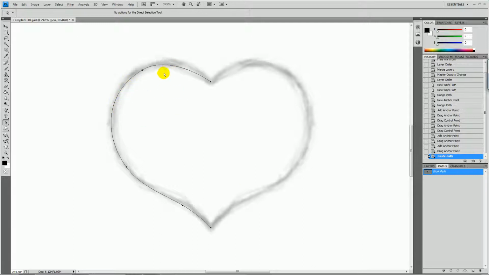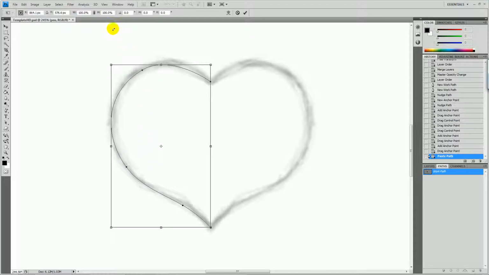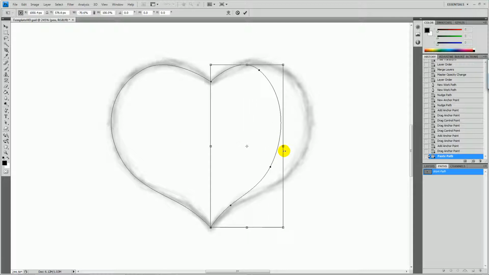You wouldn't see anything because it's just on top. So all we have to do is right click and click free transform path. That's the way I know. Maybe if you're professional, you have an easier way. I'm going to click on this one, I'm just going to drag it to the other side to make the other side of the